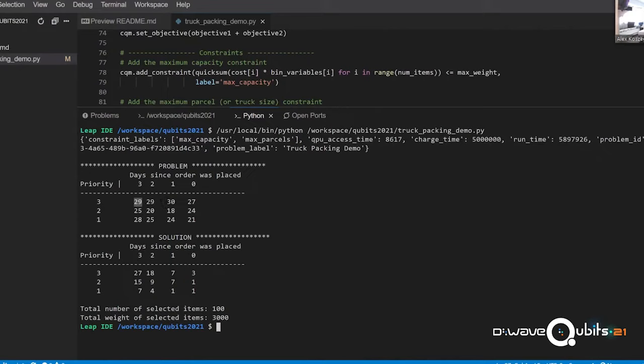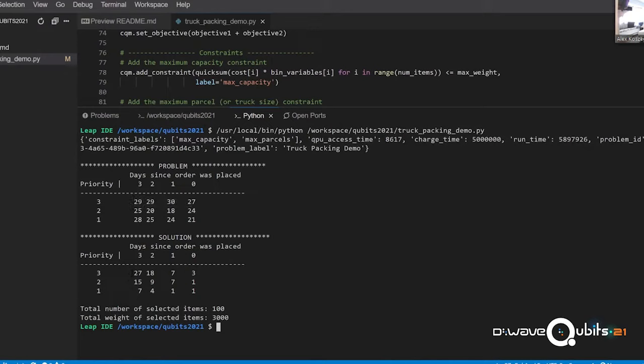So what we want is to make sure that the CQM solver was selecting packages along the first row and the first column. We're really just in the upper left-hand corner of the matrix here, or the table. And what we see in the solution is that that is indeed what happened.